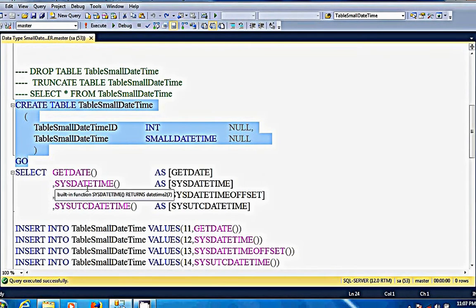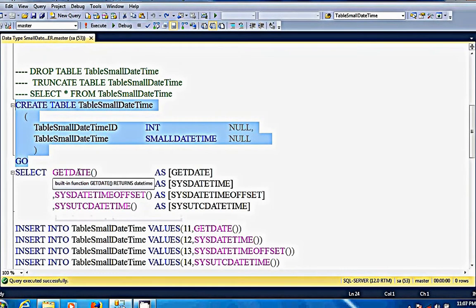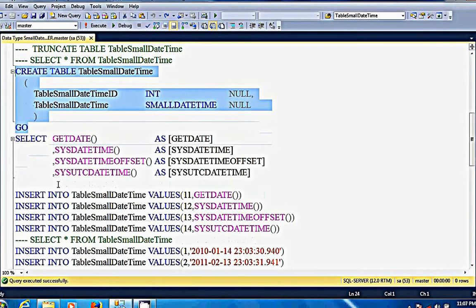Let's know about some built-in date time functions. Those are GETDATE, SYSDATETIME, SYSDATETIMEOFFSET, SYSUTCDATETIME. When I keep the cursor on GETDATE, IntelliSense shows the built-in function GETDATE returns datetime. We will learn about the other date time data types in future videos. SYSDATETIME returns datetime2, and SYSDATETIMEOFFSET returns datetimeoffset. These differences we will learn in future. So when I try to execute